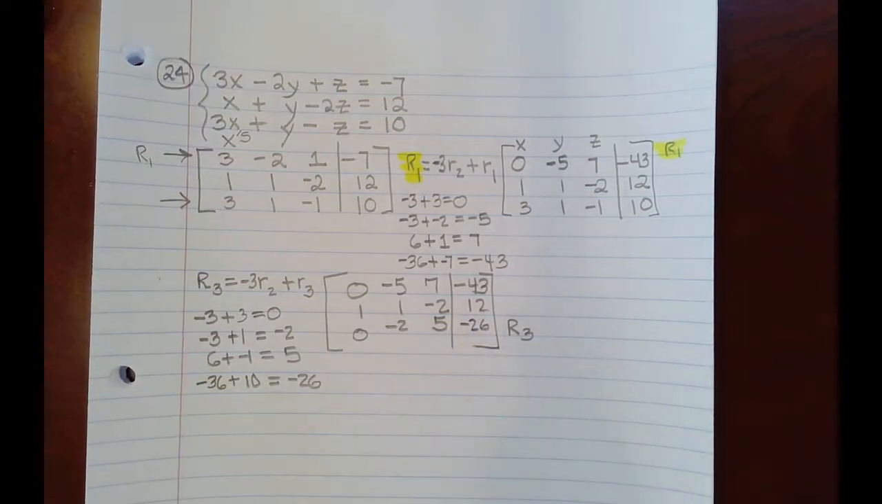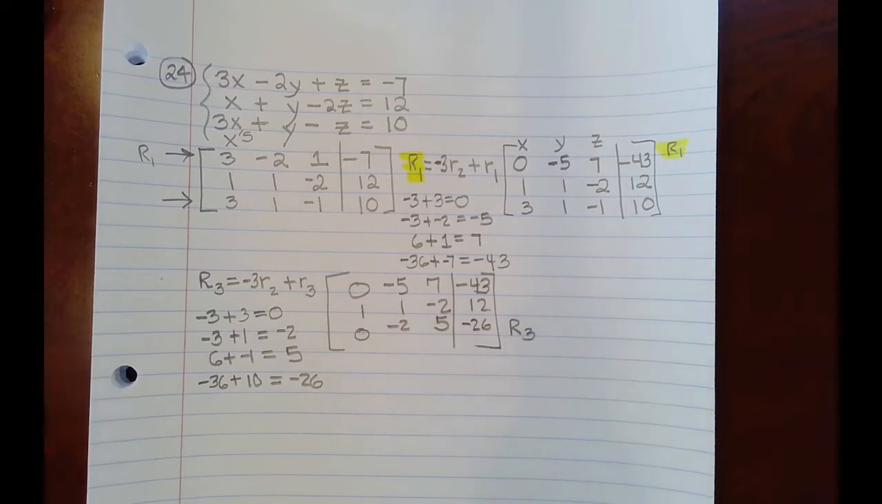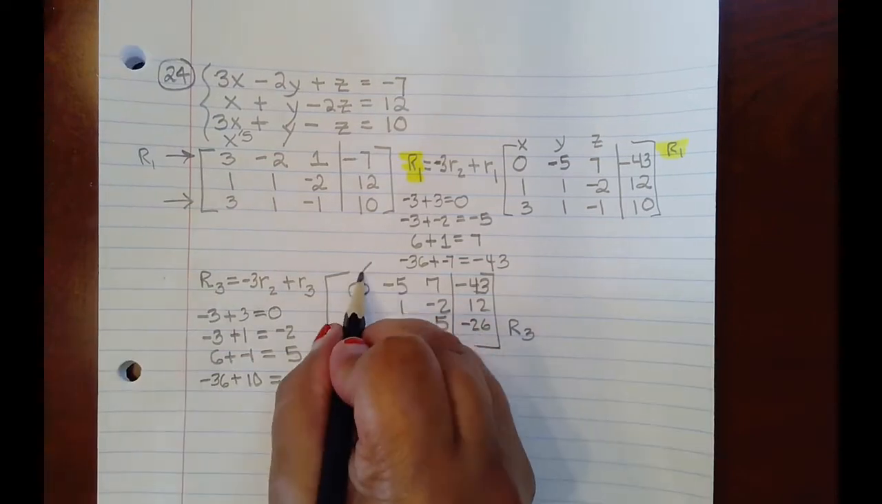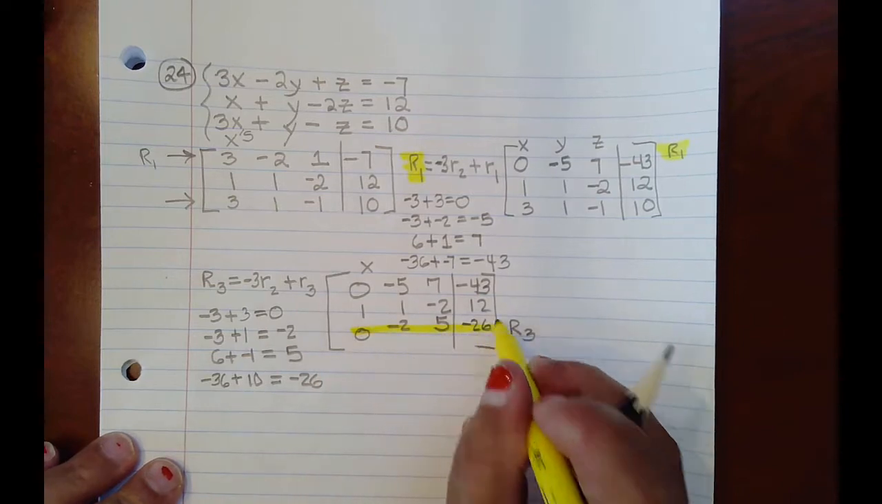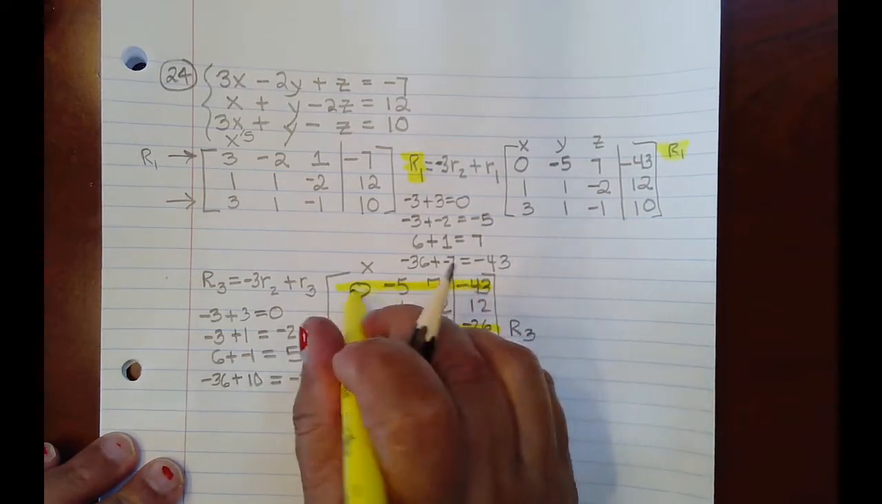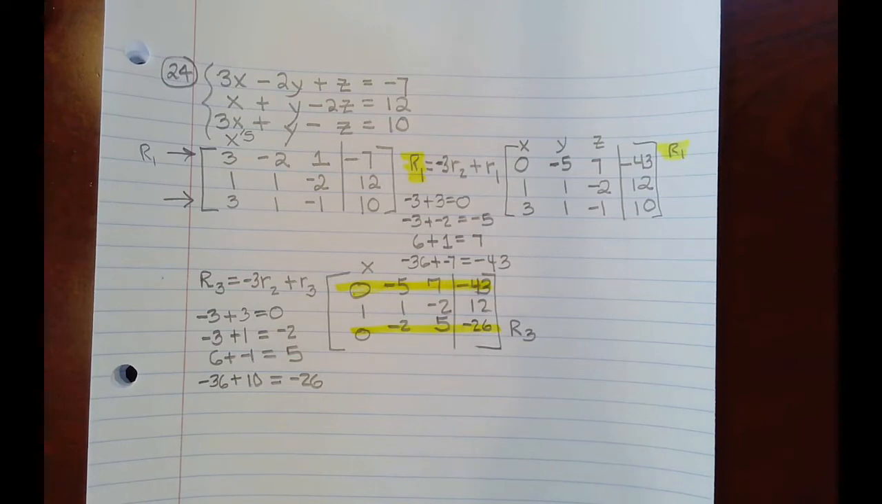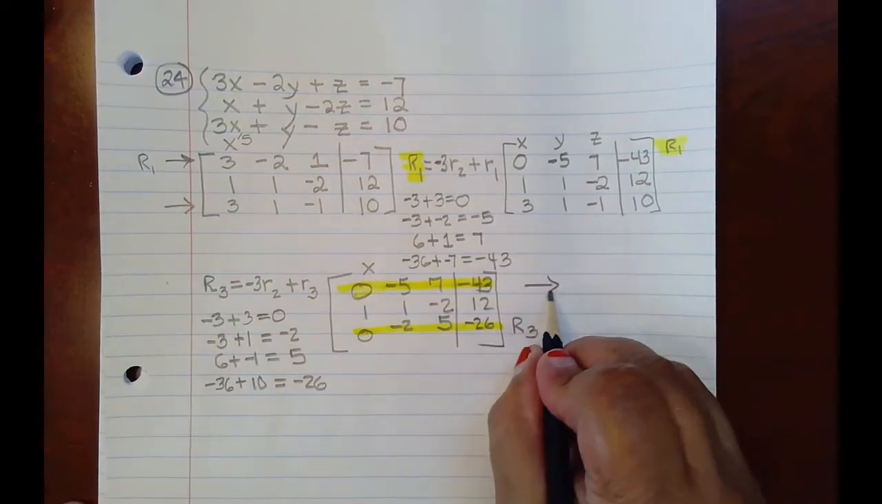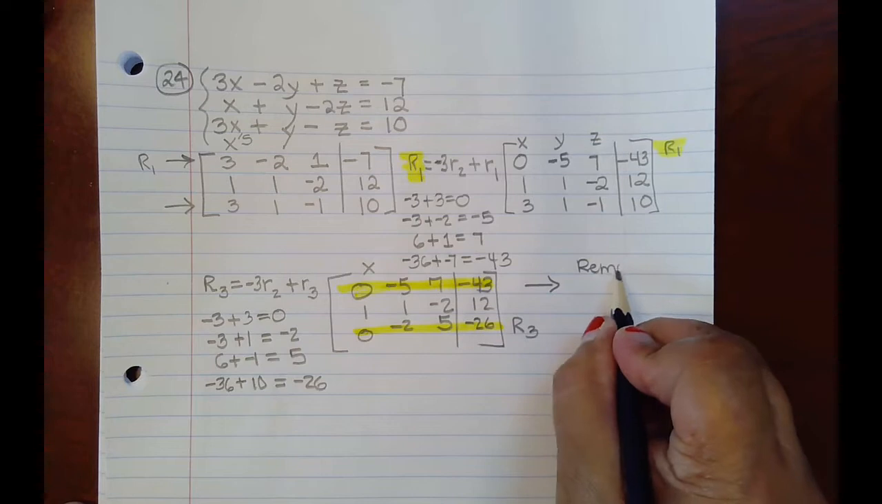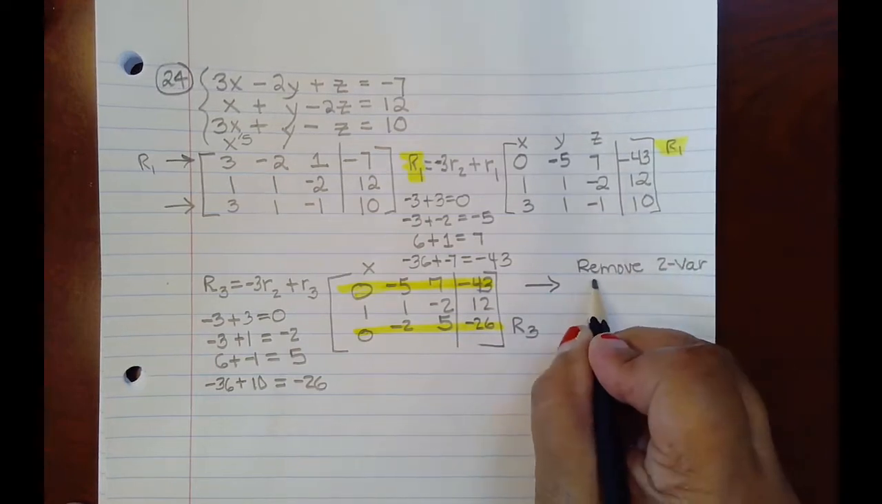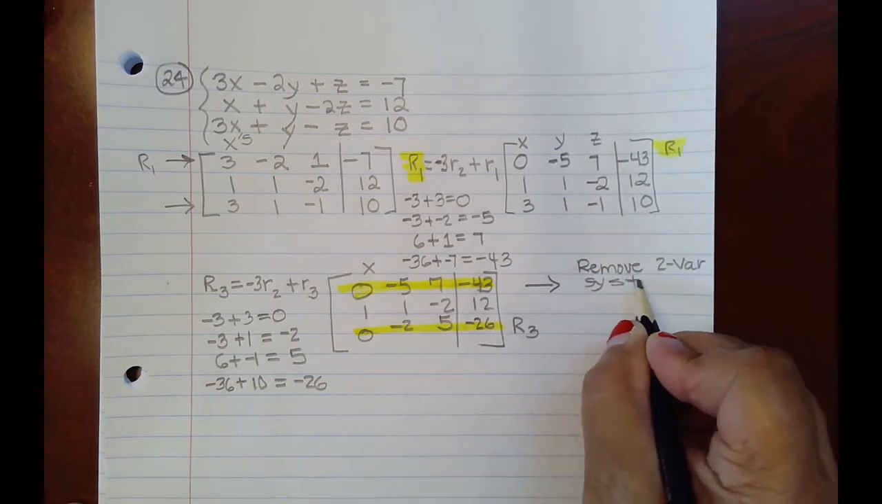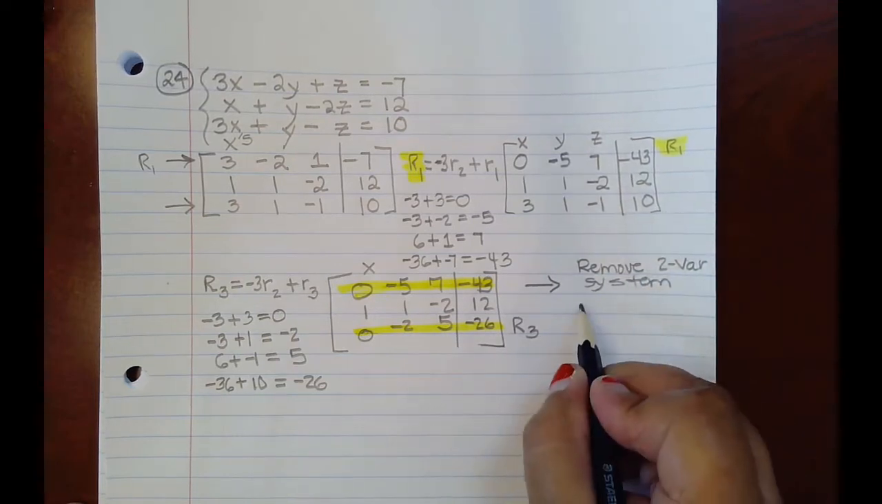Okay. So now I have two equations that are missing the x. And so now I can take out my mini system that contains only x and y, and that's what I'm going to remove. So remove, two variable system. And that would be